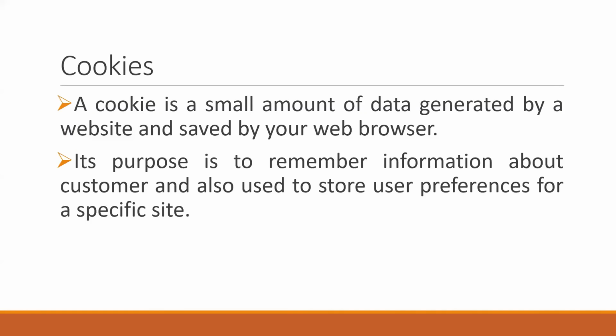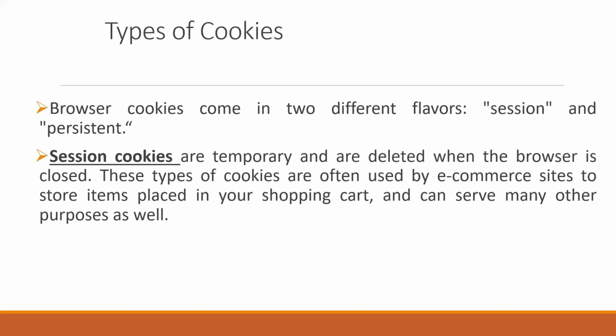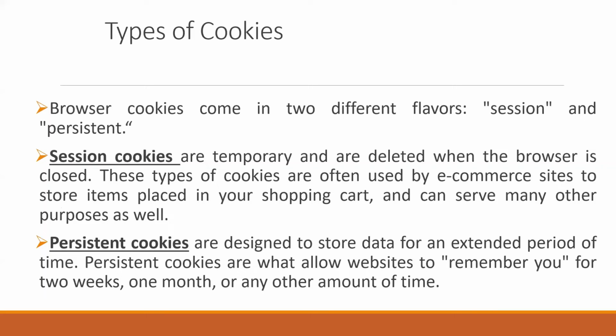There are different types of cookies that we can see, right? There are two types of cookies. They are called session cookies and persistent cookies. What are session cookies? These are basically the temporary cookies which will be there in your browser. When you open a browser and carry out your activities, these cookies will be active. Once you close your browser, all the cookies in the browser will also be closed.